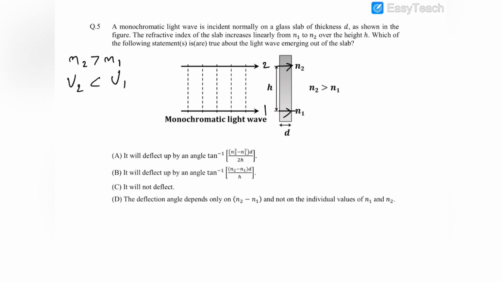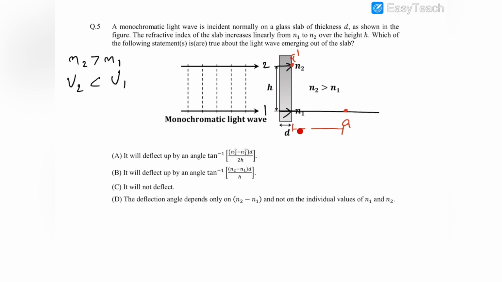So the wave which is in 1 would take less time to cross the slab, and hence it would emerge out and travel some distance by the time the other emerges. So we can say that this point and this point somewhere here are the points which are in the same phase. So you can see that this